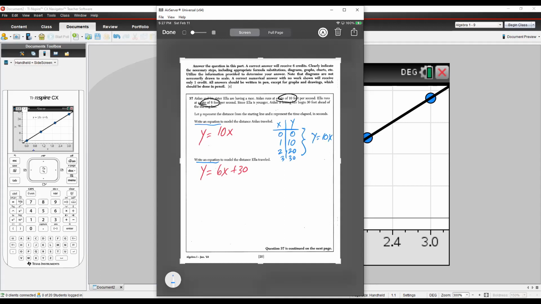I came up with it. I didn't use my knowledge of slope and everything. I just said, okay, he's going 10 feet per second. So after 1 second, it's 10 feet. Now, we're going to do the same thing for